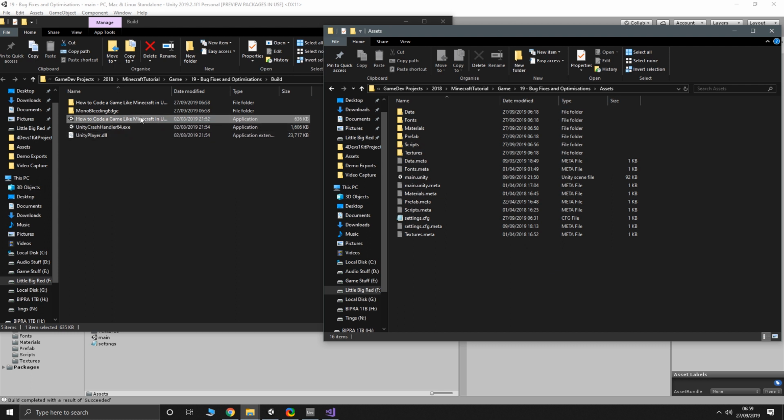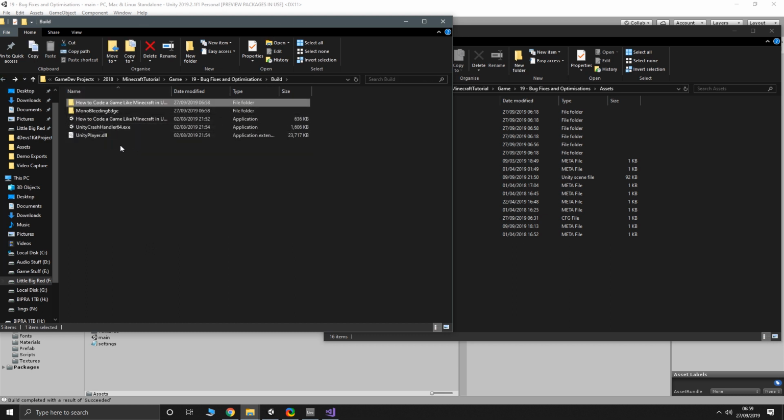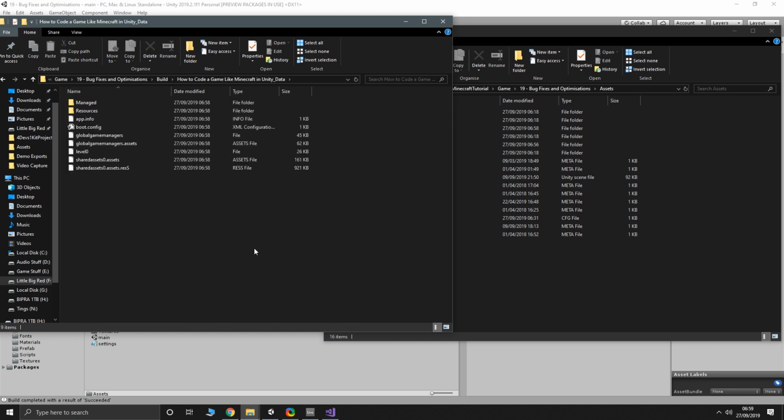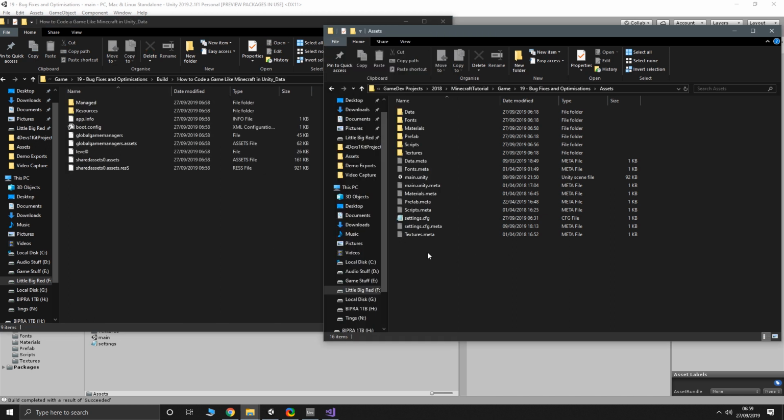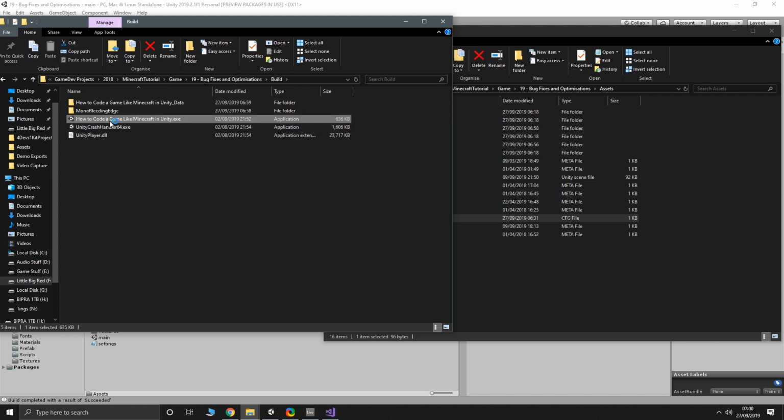But for right now, all I'm going to do is load up the folder. It's the name of the game _data. That is essentially your assets folder, or your application path as the game understands it. So I'm just going to copy it there. And if you rebuild your build, that settings file will get deleted every time, so you're going to need to copy it over every time you build it. So if we just run it now,